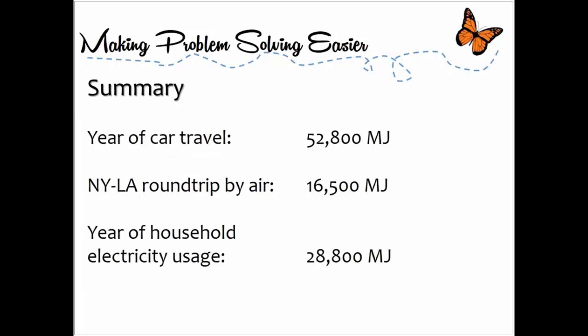We can now say that a year of car travel used gasoline, which contained 52,800 megajoules. And at the bottom, a year of household electricity usage used 28,800 megajoules. And then just one round-trip airplane between New York and LA per person used 16,500 megajoules. So there's a lot of conclusions, I think, that you can reach on this, and I'll be interested in a few minutes in hearing from some of you. But one of the things that I observe is that while airplane travel might be more efficient than some cars, it's just so convenient and so easy that you can get greater distances in shorter amounts of time,